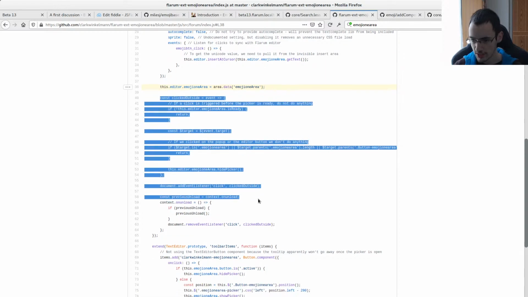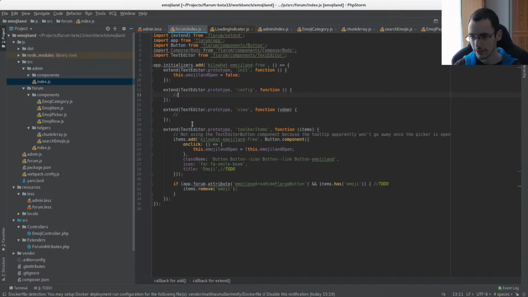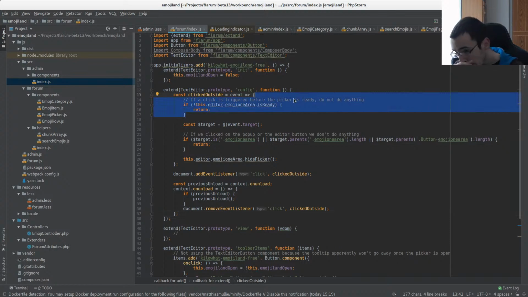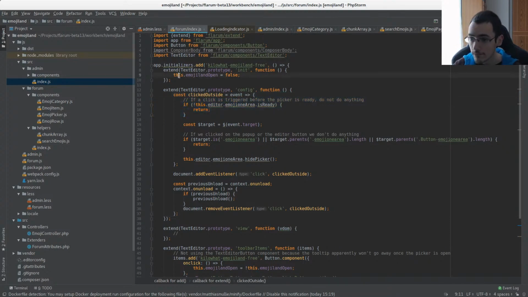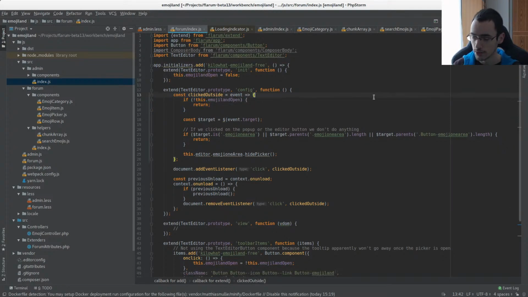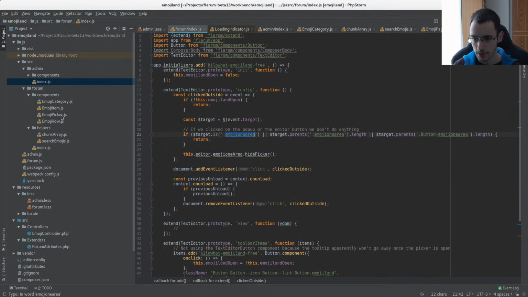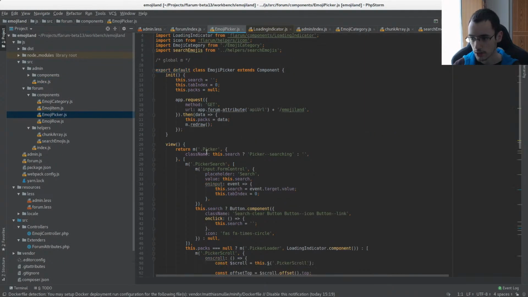Next, in config, I need some logic to detect if I click outside that. How? So if it's not open there, but now if all the I will need to